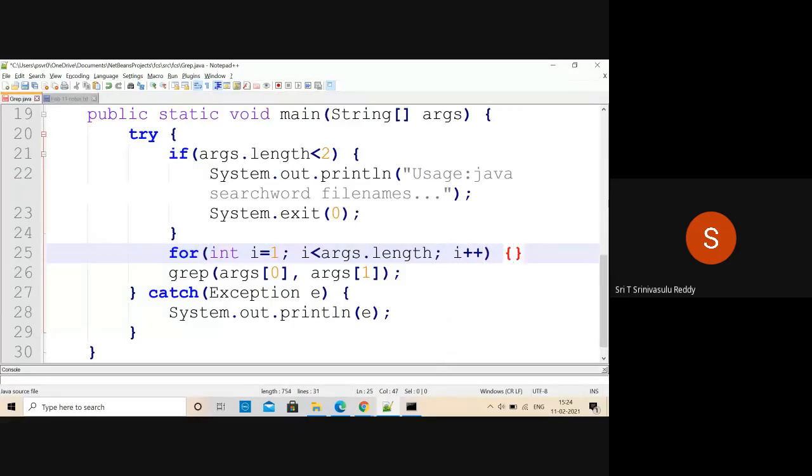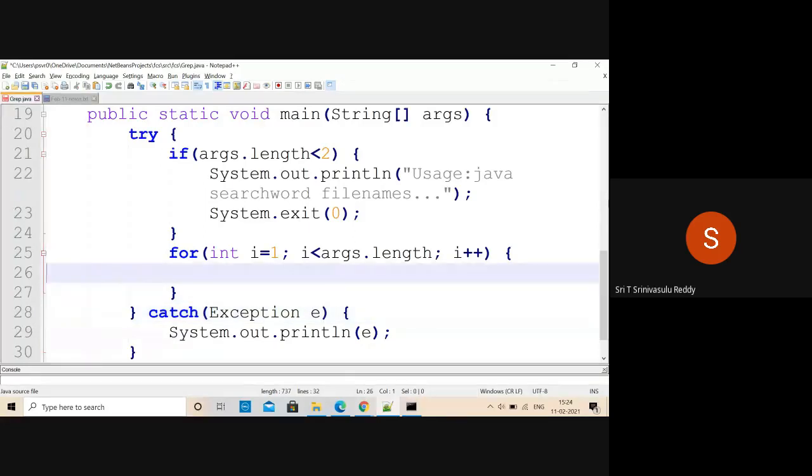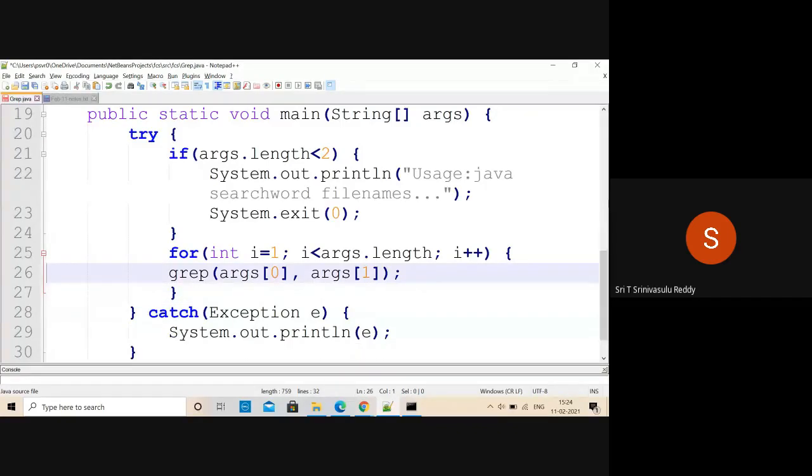So curly brace begins. Now you have to invoke like this. You are calling the method grep, and for every file, the search word is going to be args sub 0 only.